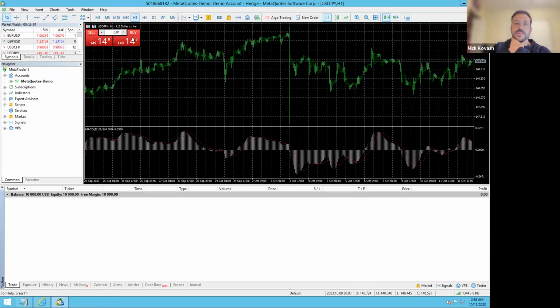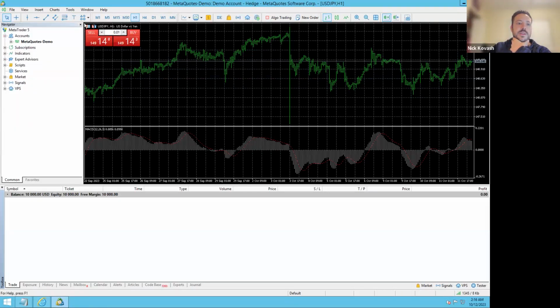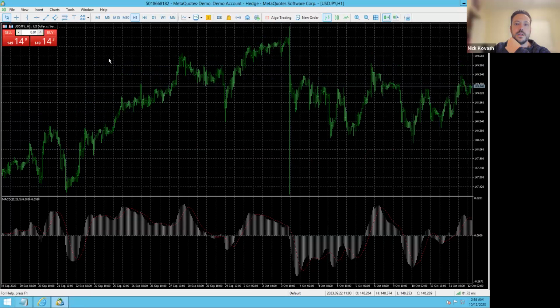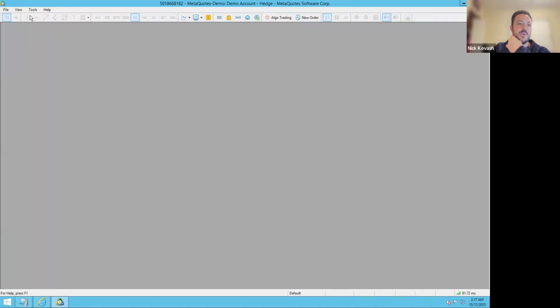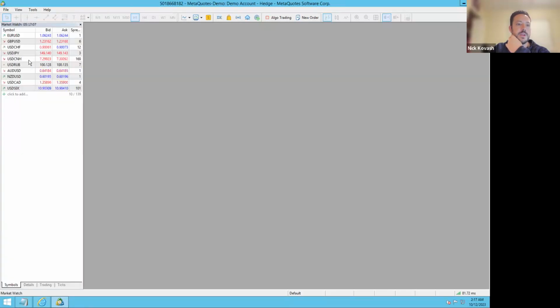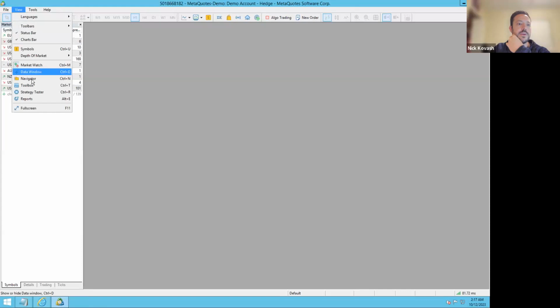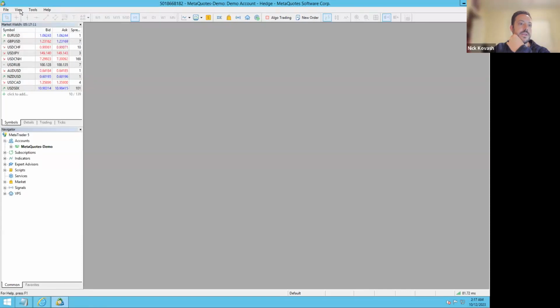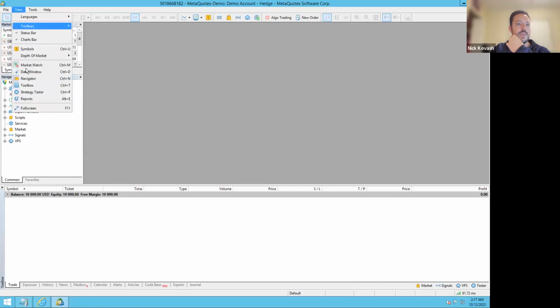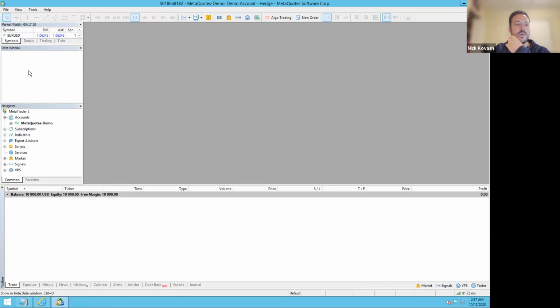If you were to close these things by accident, like so, and we can even close this, you would be able to find those again here in the view. You have your market watch window, your navigator window, your toolbox window. So all the little windows are here. There's a few more. Your data window